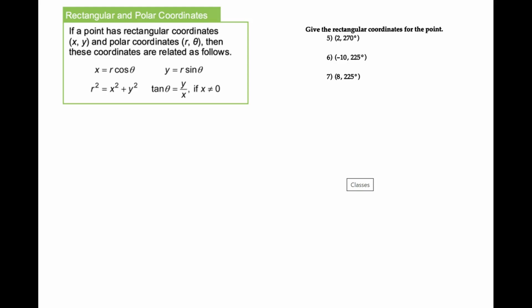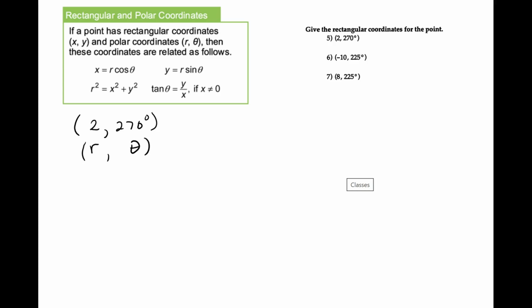Okay, the following three examples should be fairly quick. We're asked to give rectangular coordinates for the given points, and the neat thing is that they gave us polar coordinates. So we've got 2 and we've got 270 degrees. This is our r and this is our theta. That's really nice because giving the rectangular coordinates is a piece of cake now, because all we